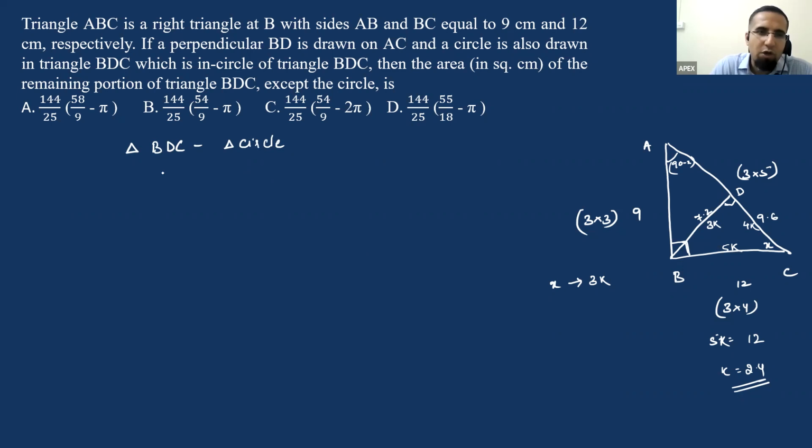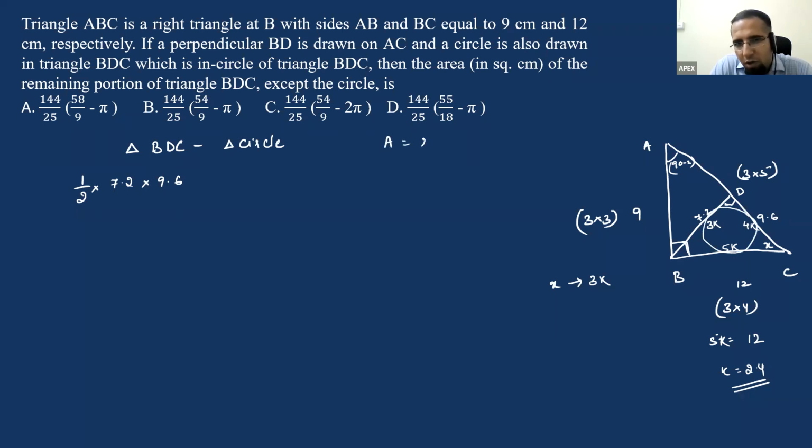Clear? Right? Now what is BDC? BDC will be half into base, base is equal to 7.2, into height. Height is equal to 9.6. Now for a triangle, how do I calculate inradius? The inradius of a triangle is equal to area